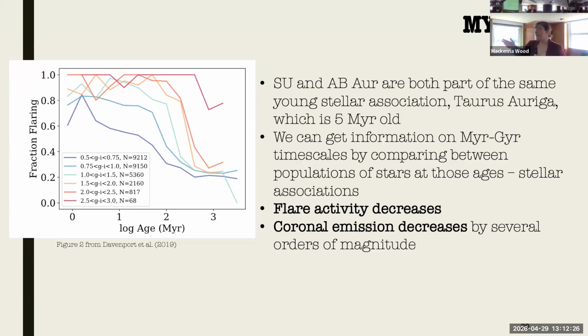And so that's exactly what this plot is doing. It's from Davenport et al. 2019. They looked at stars in a bunch of different associations over different ages and saw a reduction in flaring fraction over that period of time, although that is color dependent. That's what the different colors here are. So M dwarfs, very low mass stars, are up here at the top. They flare for a lot longer, and higher mass stars are here. So as well as the short term, we can also compare these very long-term changes. And here we do see a pretty steady decline in all kinds of stellar activity.